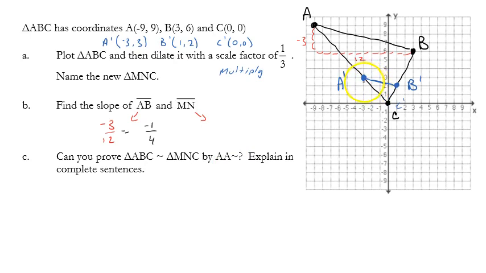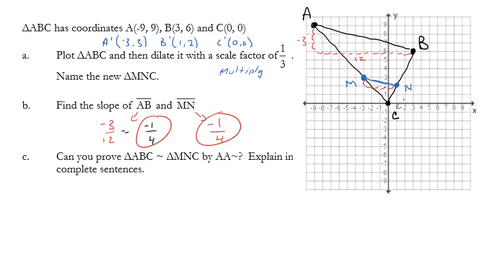And then the slope of MN, so I named them A prime, B prime. It did tell us up here a new triangle MNC, so I could have and should have labeled them M and N. So the slope of MN is down 1 and 1, 2, 3, 4 to the right. That's just down 1, right 4. This is our evidence that our slopes are identical,